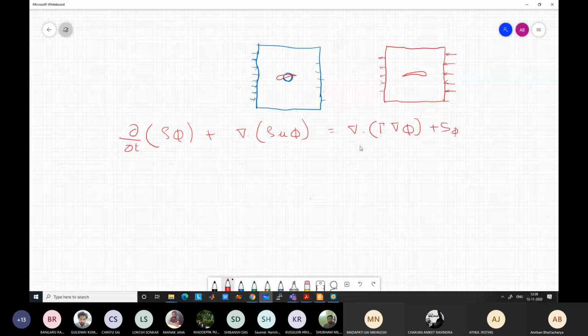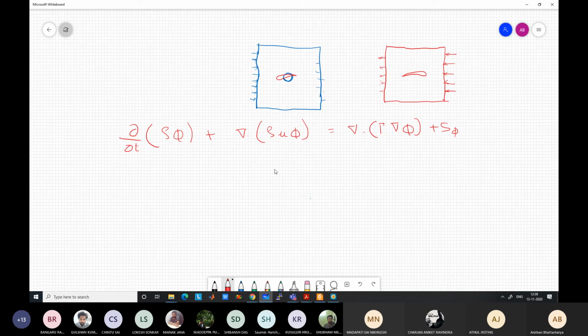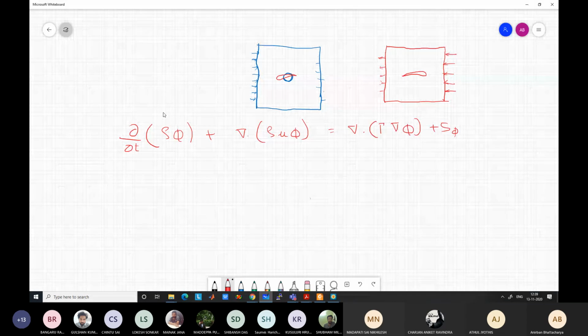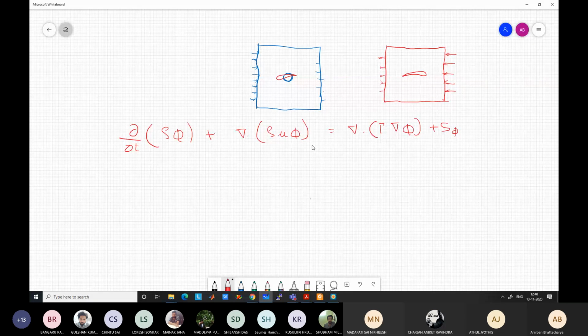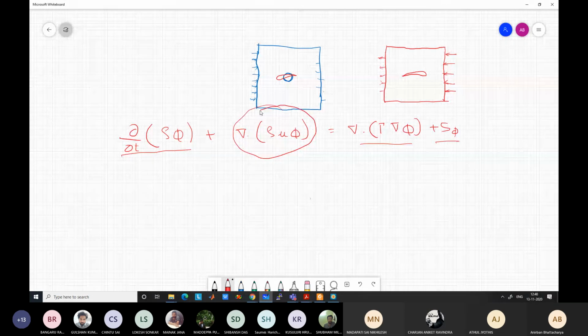If you go back to the notes towards the initial classes, you will see that this is our general equation for any of the conservations. The momentum equation has some additional terms, like the pressure term, but in general this is the form of the equation. There is an unsteady term, a convective term, a diffusive term and a source term. So we know now how to tackle the unsteady and diffusive terms. We have only left out the convective term. So for all the other cases we should be able to solve the problem.